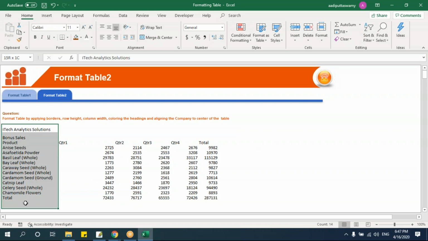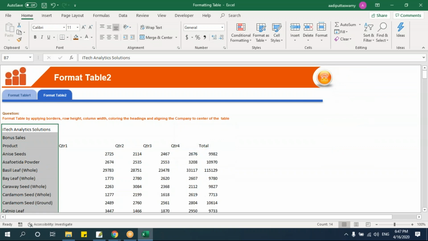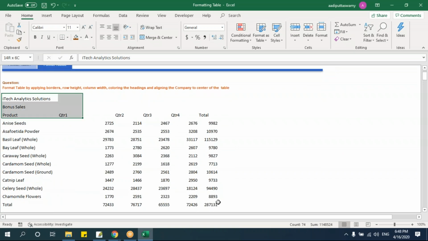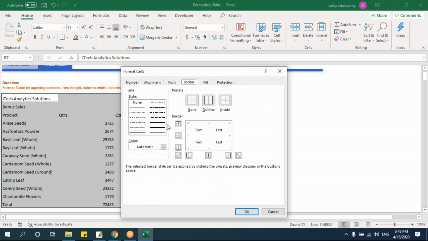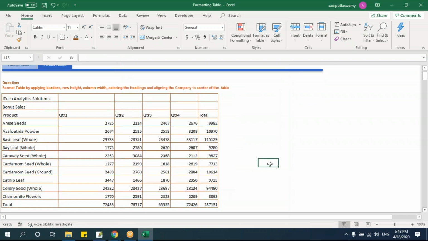What you do, first try to give the space. I'll go here, select, and then say format, row height, and I'll make it 20. First step I did. Next step, let me give the borders. Say Control+1, and here I'll select and give the border. Fine. Now I know where the data is actually getting cut, or increasing or decreasing.